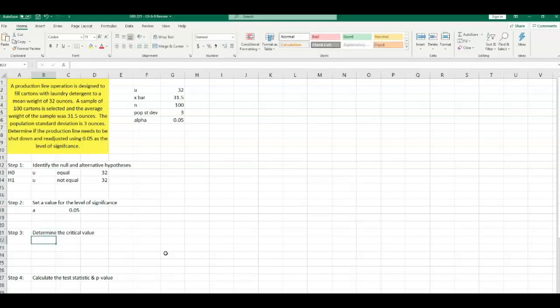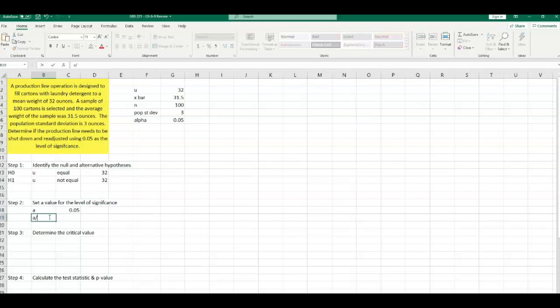Now, we can find our critical value. So the critical value here is going to be a z-score. And it's going to be a z-score based off of your alpha. And we have to be careful here. If this was a one-tailed test, so if these signs up here in our hypothesis were less than or greater than, that would tell us it's a one-tailed test. But here, since it's equal and not equal, it's a two-tail, which means that this alpha of 0.05 has to be split up between each of the tails.